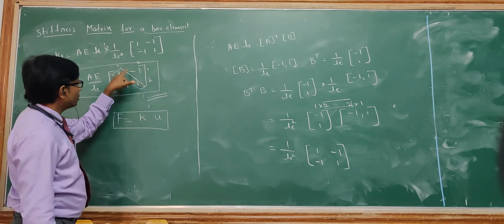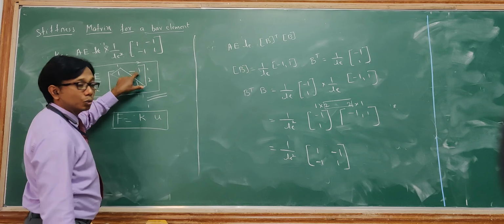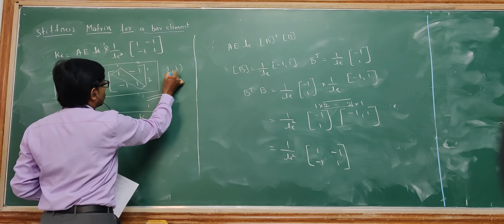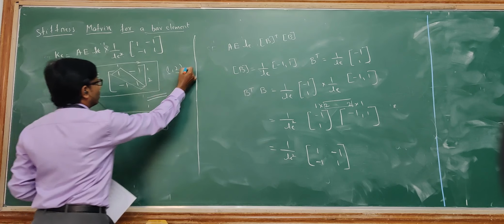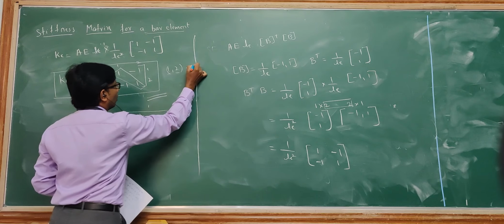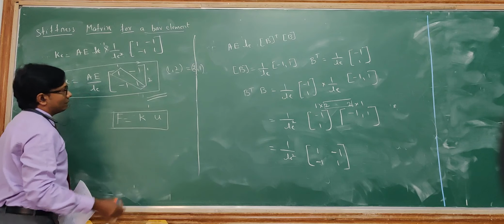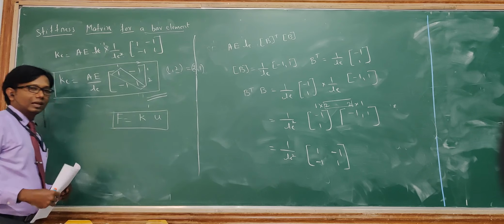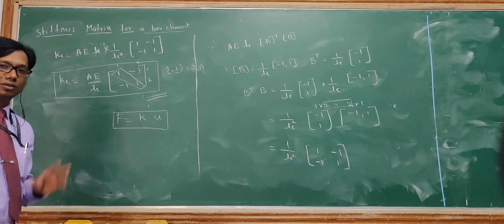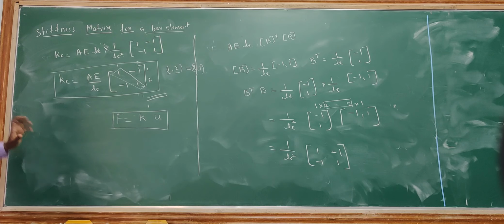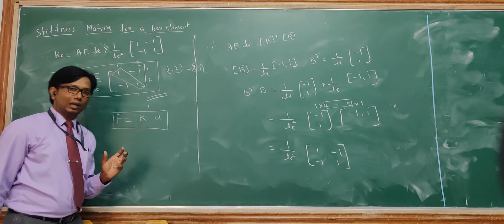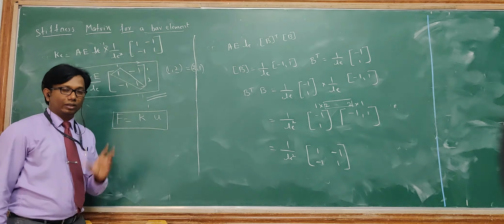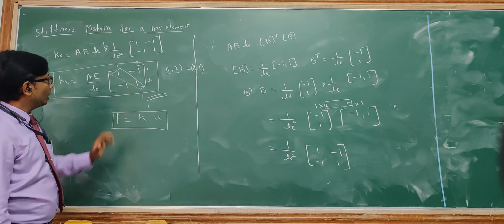For example, if you see here, first row, second column, there is a parameter -1. I will write it as the 1 2 location. If I go with the other one, second row, first column will always be the same. First row, second column equals second row, first column, which means that the stiffness matrix will always be symmetric. These are important properties you should understand, because whenever we are solving any problem, you should cross check whether the stiffness matrix is correct or wrong. In order to know that, you should know these properties.